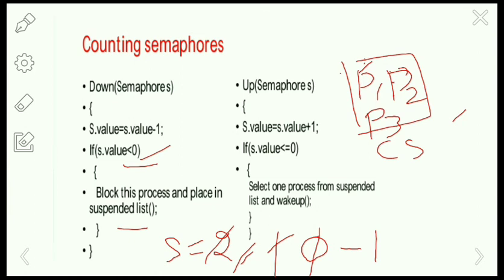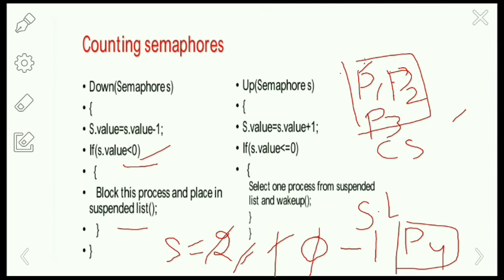Since the semaphore value is less than 0, we are going to block the process P4 and place it in the suspended list. Next, we are going to perform the exit code.